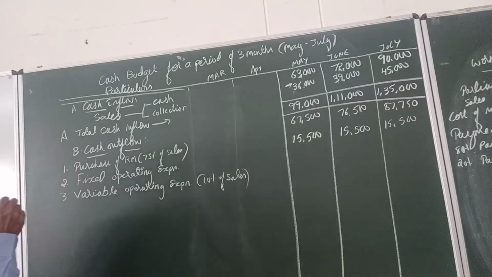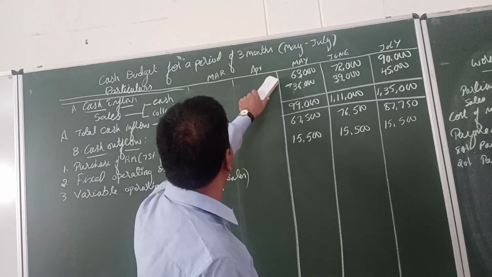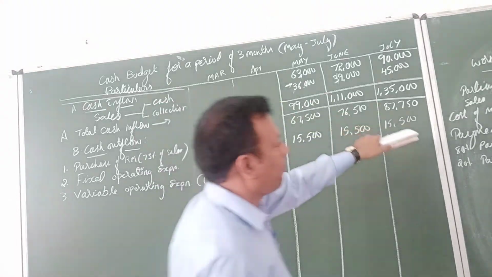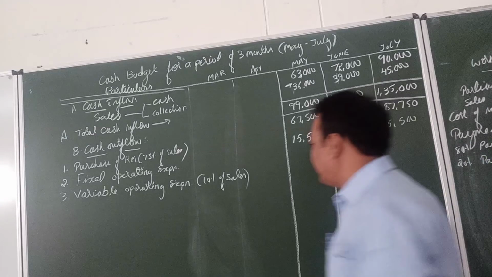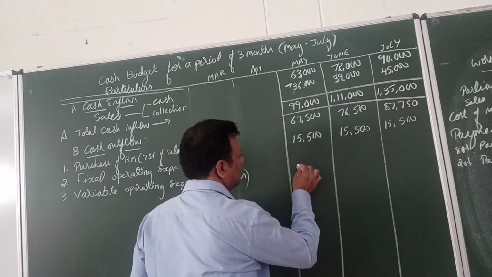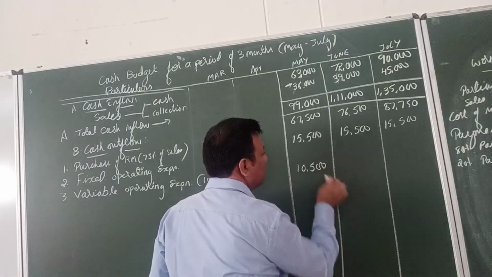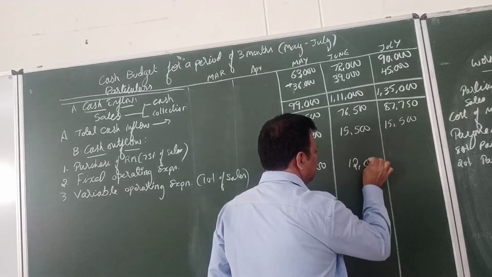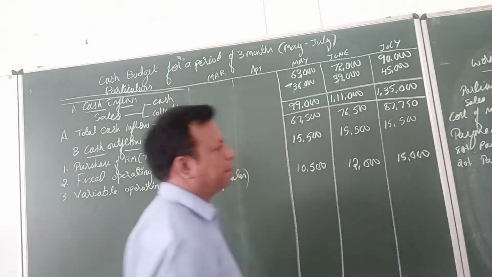Okay. So here we have sales information here. 60,000 is sales, no? No, it's cash sales only. Sales we have here, 1,05,000. 10% of 1,05,000 is 10,500. How much? 10,500. 12,000. 15,000. Then